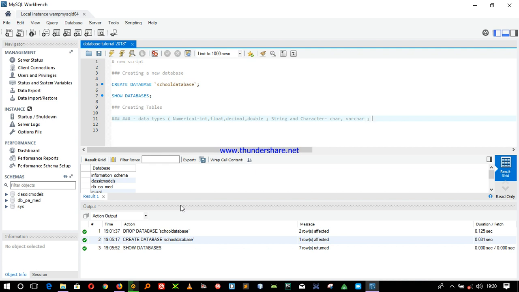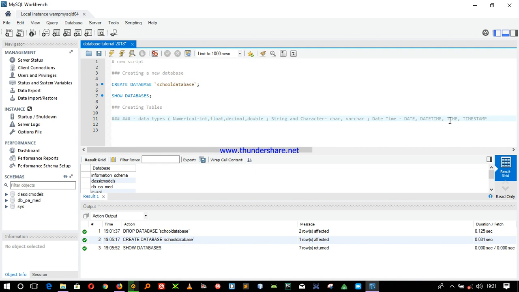Then the last one is the date, time, data types, where we have date itself, we have datetime, right, and we also have the time and timestamp.